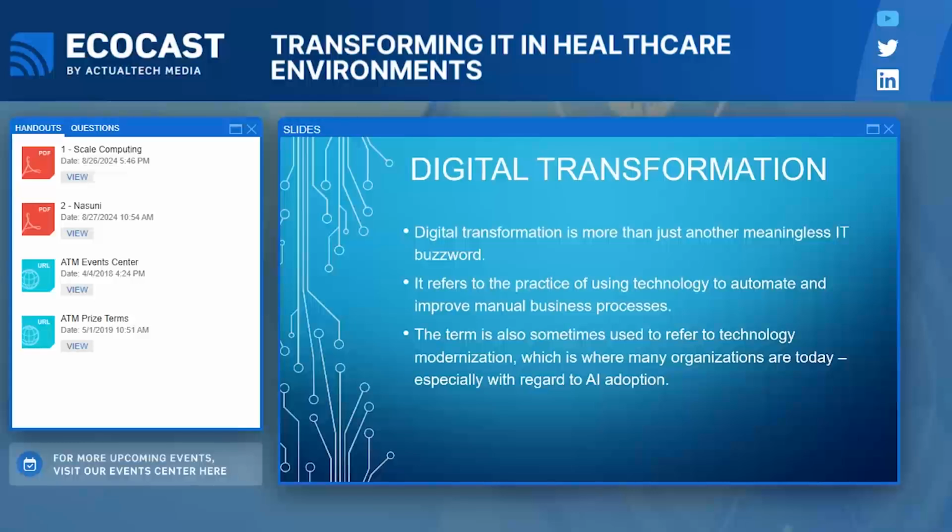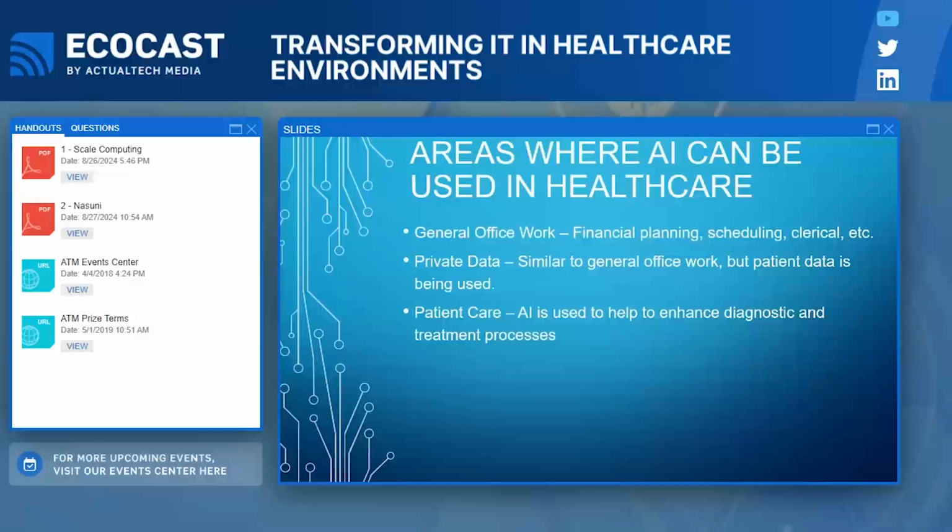And that's what I want to talk about today, because anytime that you start bringing AI into the mix, especially in healthcare, there are some extremely important things that you have to think about. So let's take just a moment and talk about some of the areas where AI can be used in healthcare. And the reason why I wanted to talk about this is because the approach that you'll have to take to using AI and some of the considerations that you'll have to take into account are going to vary depending on where AI is being used. So there are three main areas where AI can be used in a healthcare setting.